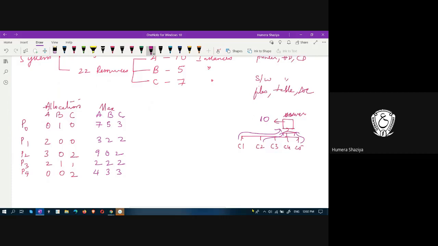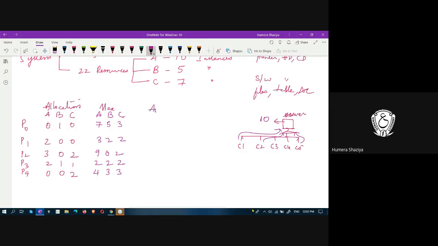These are maximum needs. Yesterday I gave you an example of a banking system, and also a toys, children example, analogy. Those who have not attended yesterday's class, it is available on YouTube, and the link has been shared. Please go through it once, and then you will get a clear picture of what is happening. Still, I think this example makes sense and clarifies your doubt. So these are the maximum needs. These are the allocated resources.